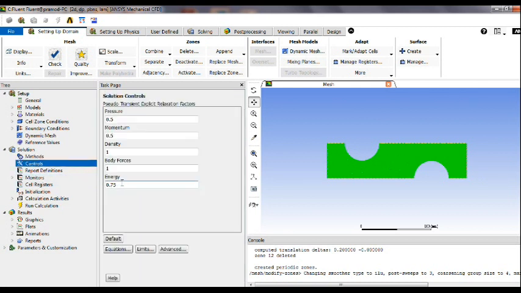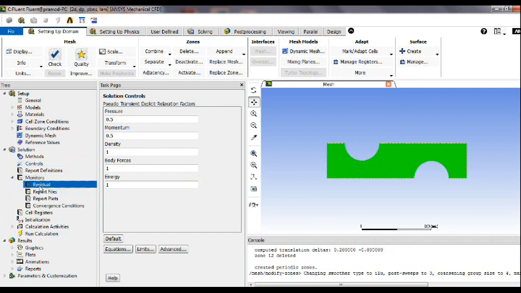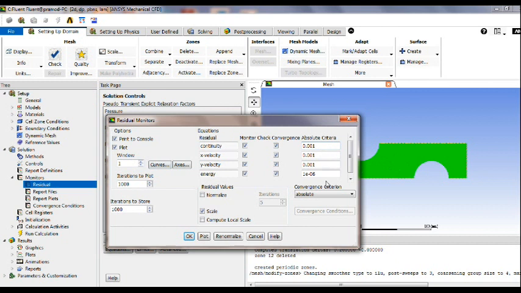At the moment we have given the energy equation 0.75 or 1. If we find any error regarding the divergence detection, in that condition we will reduce this value. So first we will go with 1 and we will see what happens. Then in the monitor we will define residuals. For the continuity equation it is 10 raised to minus 3, and for the energy equation it is 10 raised to minus 6. Okay, then,